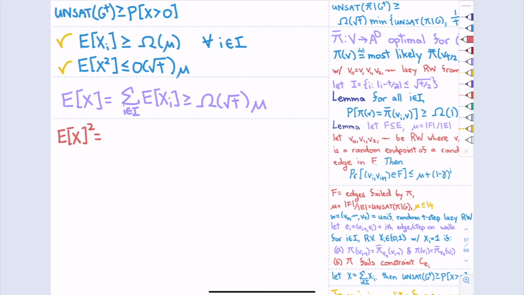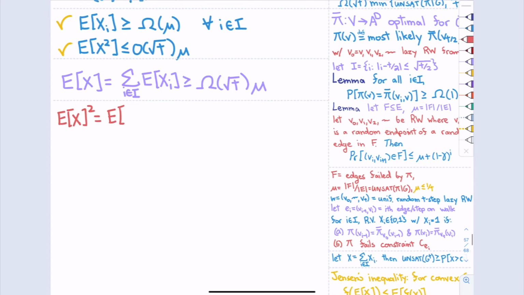So the next step is to evaluate the expected value of x squared. So here, we're first going to take conditional probabilities, the expected value of x, given x is greater than 0, squared times the probability that x is greater than 0